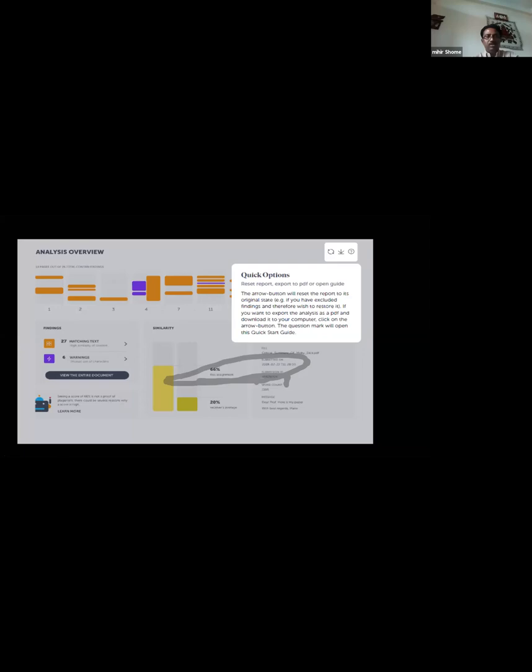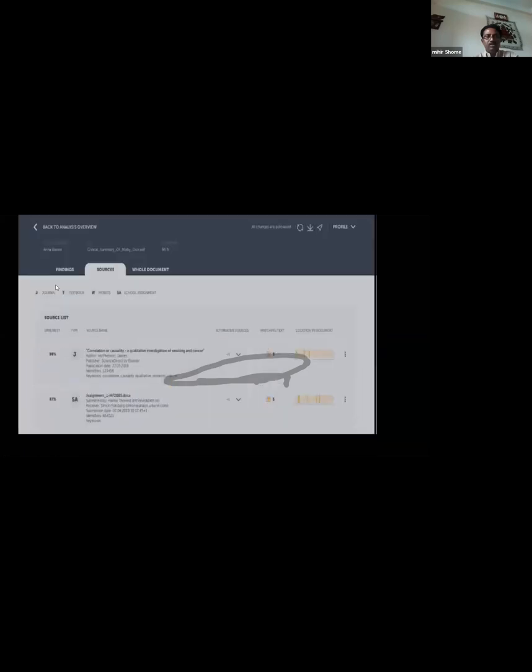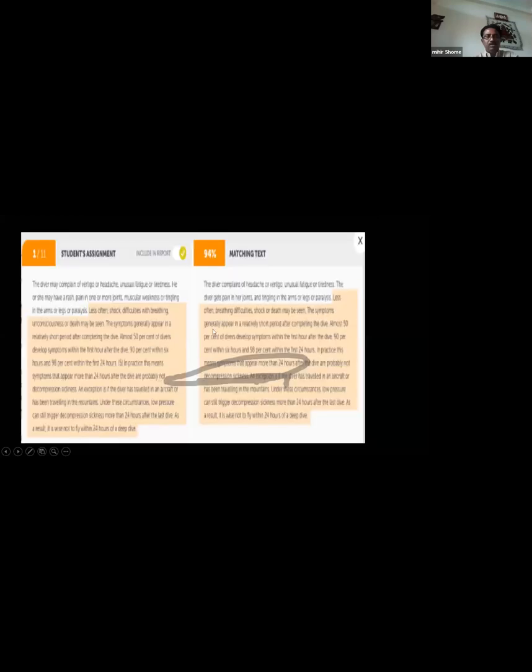Then back to the analysis overview, here is the finding, also which source. Here is also the source from which it is showing. Then you see that this is the student assignment matching, it is showing the matching text, it is showing 94%.